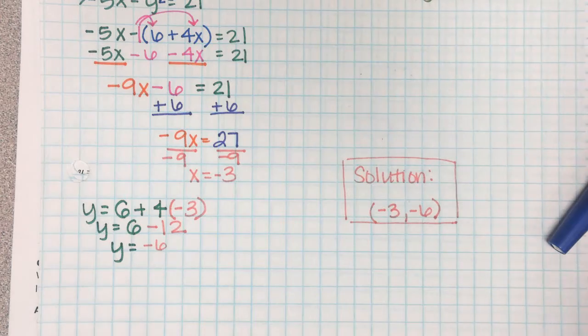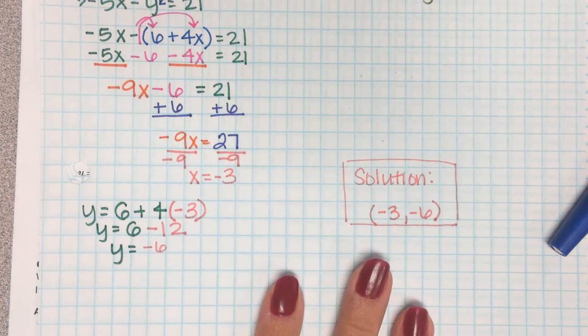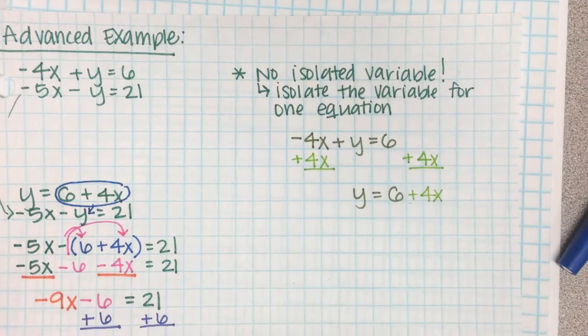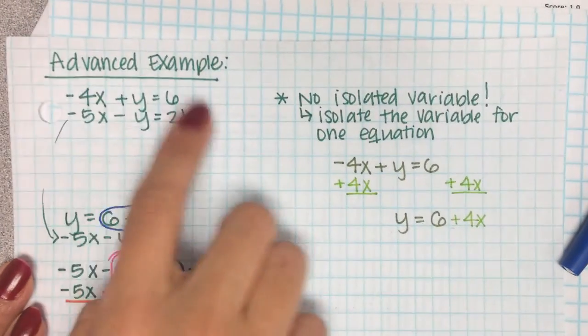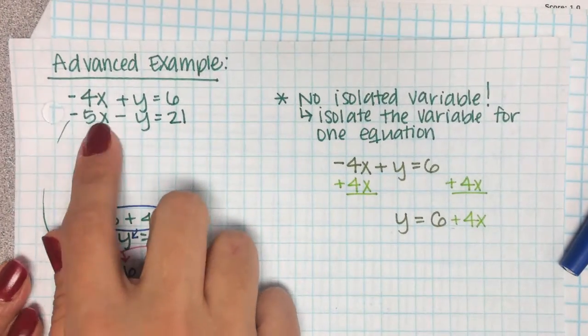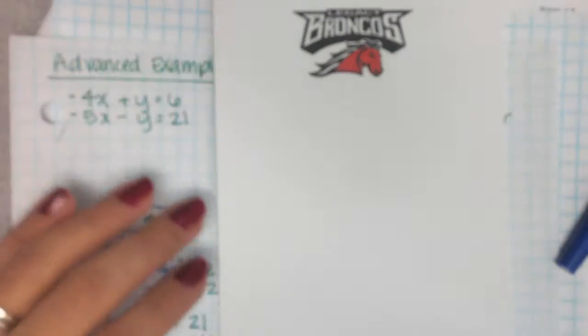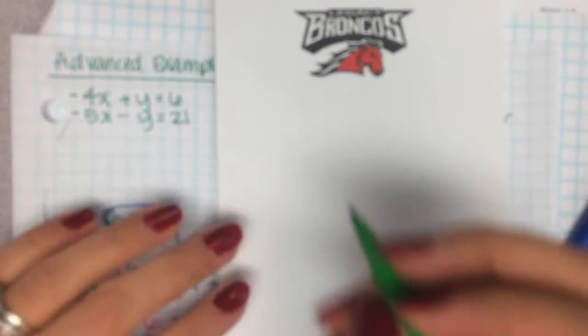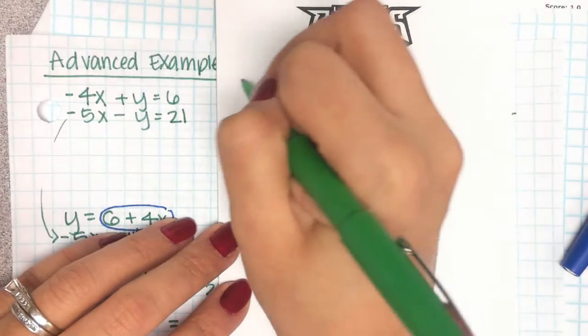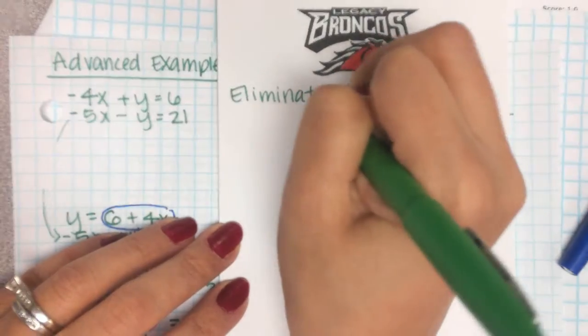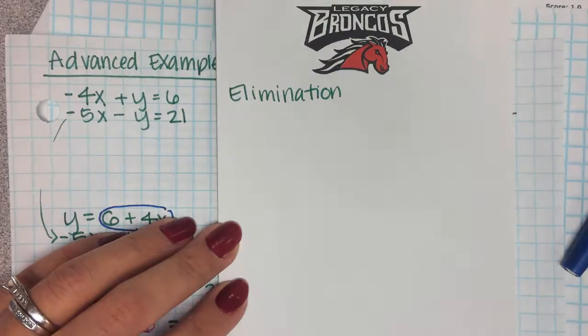Now, before we finish off, we did this through substitution by having to do this extra step up here. However, before Thanksgiving break, we discussed that if it's in standard form, the easiest thing to probably do is elimination. So I just want to show you what that elimination would have looked like had we chosen to do elimination. If I had done elimination,